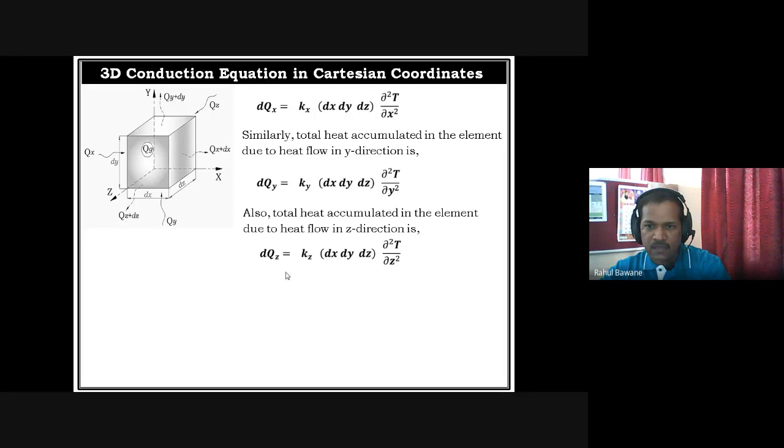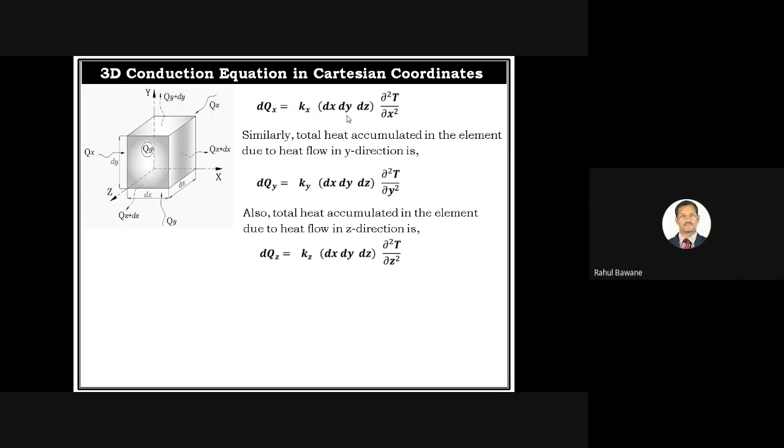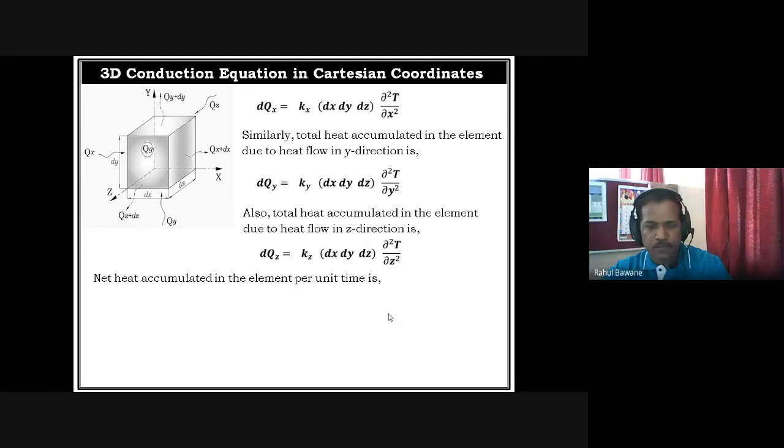So these are the heat accumulated when we consider individual directions. Now, what is the total or net heat accumulated inside the element? For that, we have to consider heat accumulation in all directions. So net heat is equal to